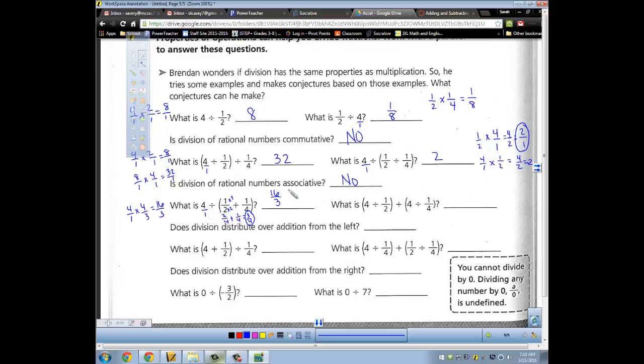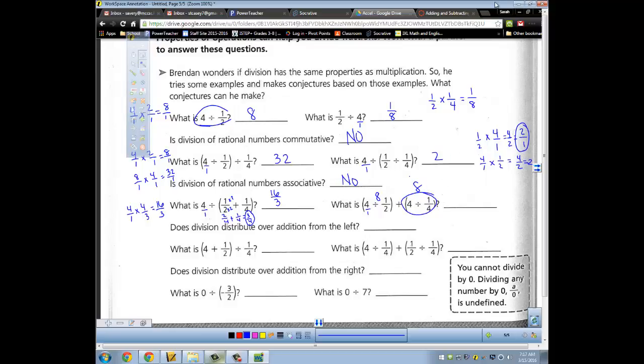And then they want to do 4 divided by 1/2 plus 4 divided by 1/4. So they are using the distributive property where they distribute the 4 through. So 4 divided by 1/2, that's 4 over 1. So actually I already know 4 divided by 1/2 is 8. And then I need 4 divided by 1/4, which I already found over here was also 8. So,